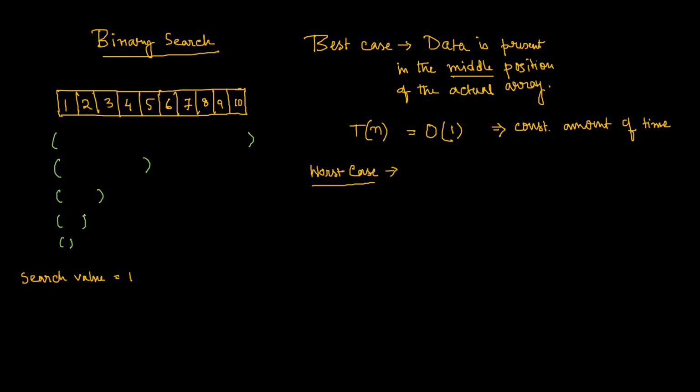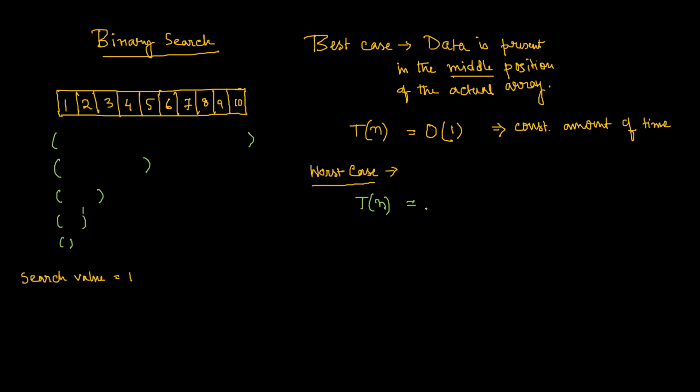Obviously that line will take some constant amount of time, and after that we go on decreasing this search space because of this worst case situation, so in this worst case scenario you can define T(n)